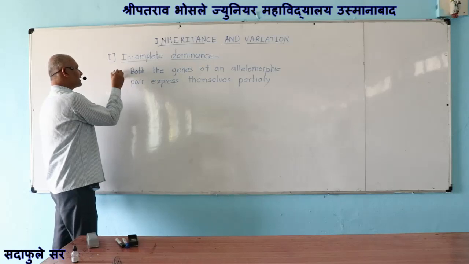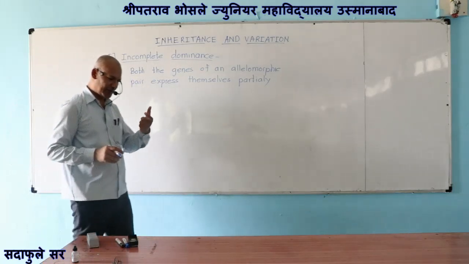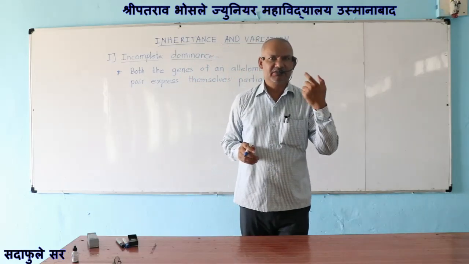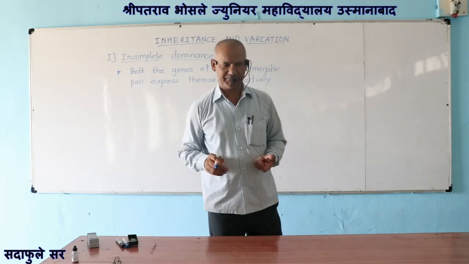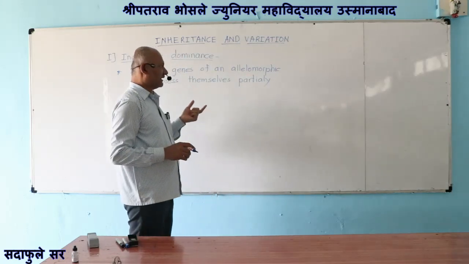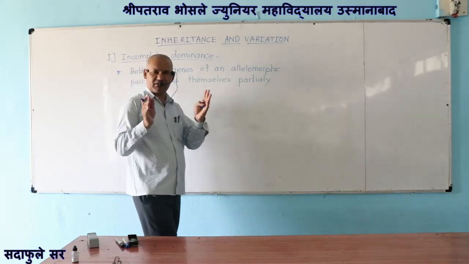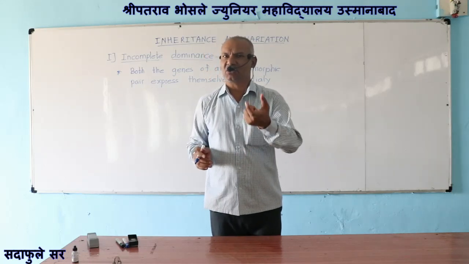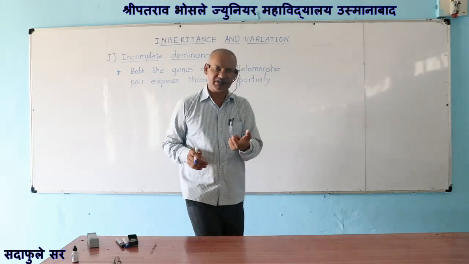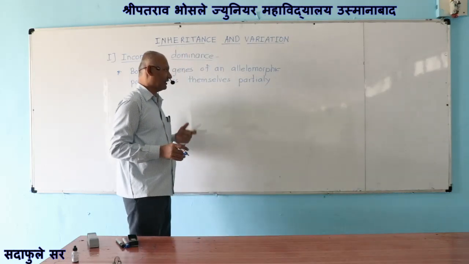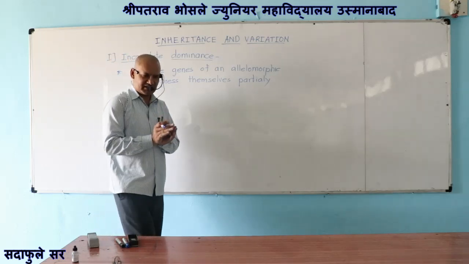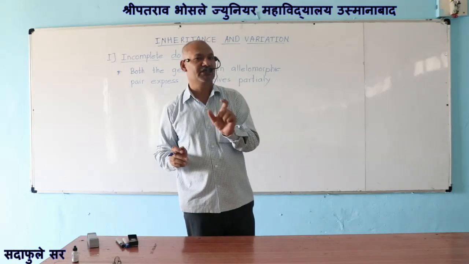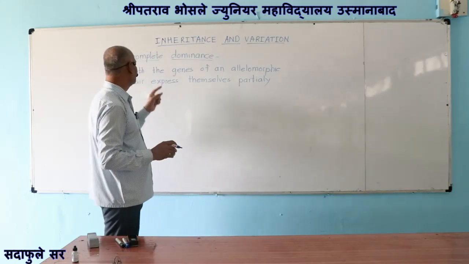So to understand this concept, we remember Mendel's work. What did Mendel say? Mendel gave the law of dominance. According to Mendel, in pea plant there is complete dominance. If we cross a tall plant with a dwarf plant, then in F1 generation tallness appears. Tallness is dominant, while dwarfness is recessive. But in all cases, this law is not applied. This law of dominance is not universal. There is an exception, and the exception is